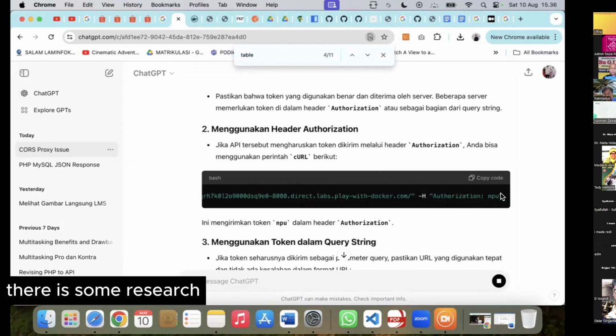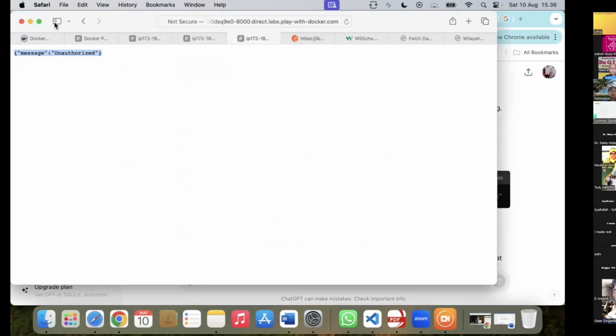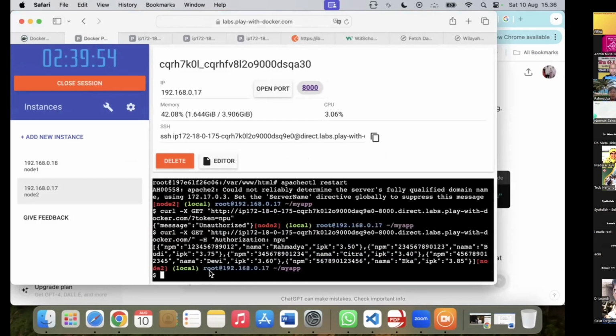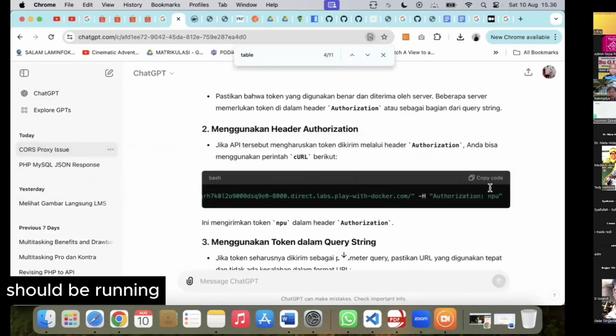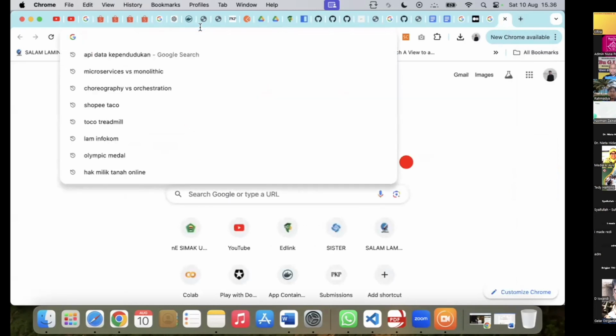There is a message. Oh, I forgot the username for authorization. So authorization NPU. Okay, it should be running. Not only the password, but the default username is authorization.